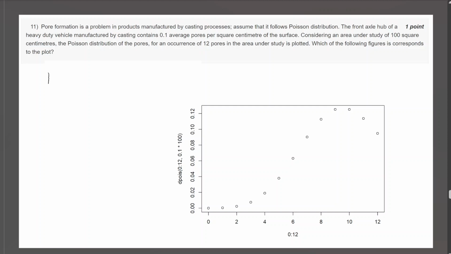Lambda rate is equal to 0.1 pores per square centimeter, considering the area of study of 100 square centimeters, the Poisson distribution of pores for occurrence of 12 pores in the area. Study which of the following figures corresponds to the plot. First of all, we'll discuss how the